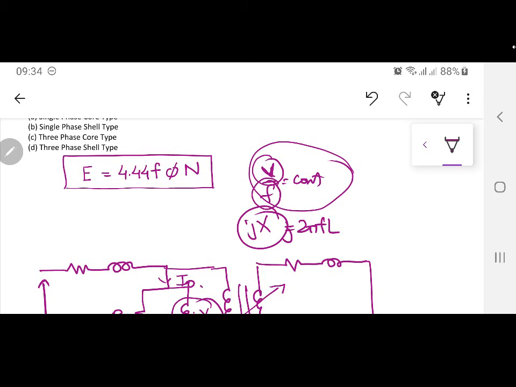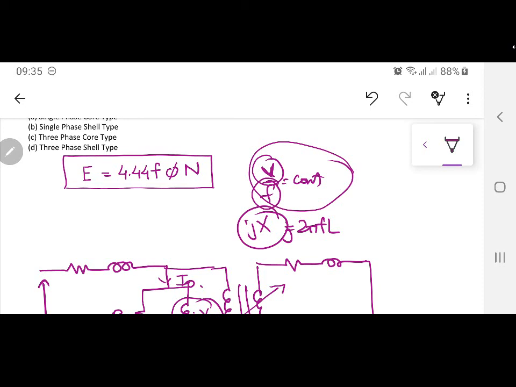Now if you want to increase the frequency, you can't increase the voltage, because if you are already at the rated value of that winding voltage, you cannot do it. The insulation is going to get damaged. Now what is insulation? This is a very important thing. I am going to clear this one in the very start of the course.